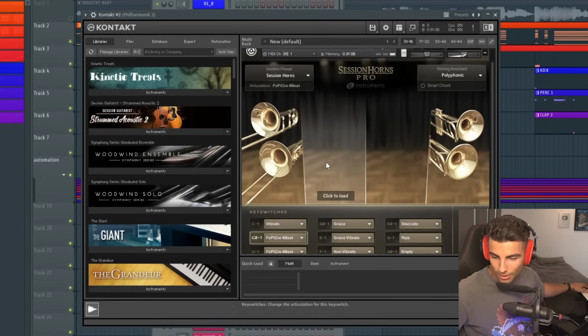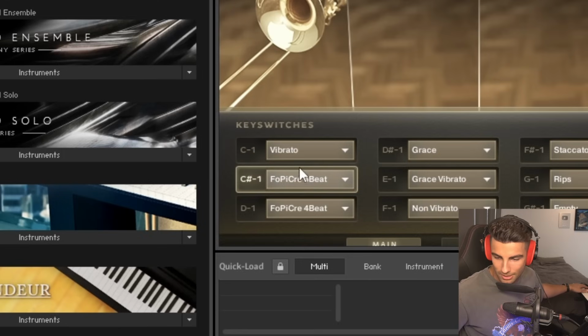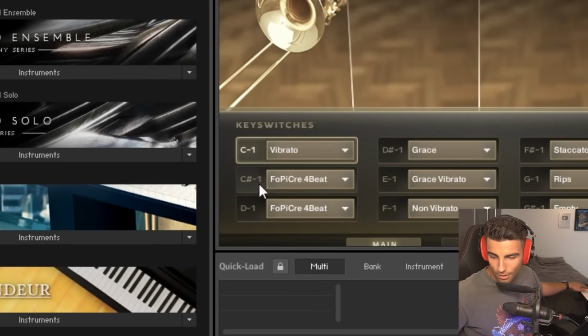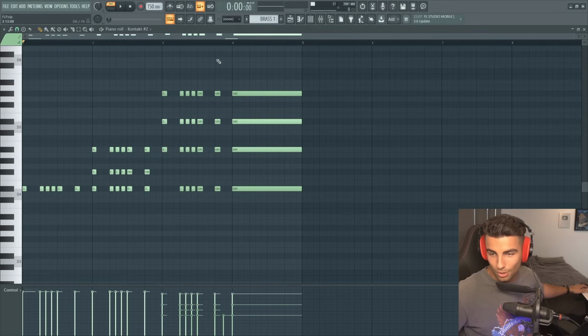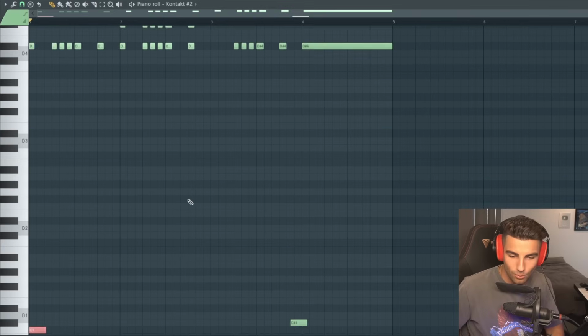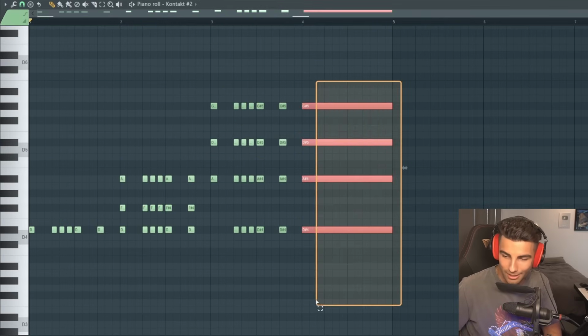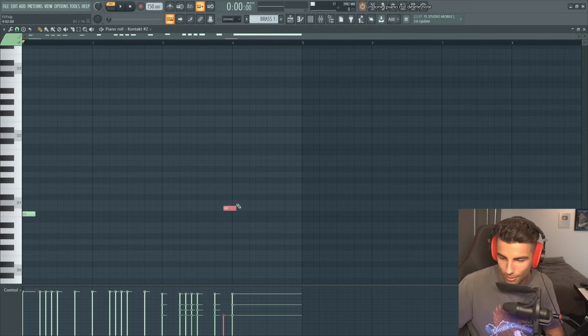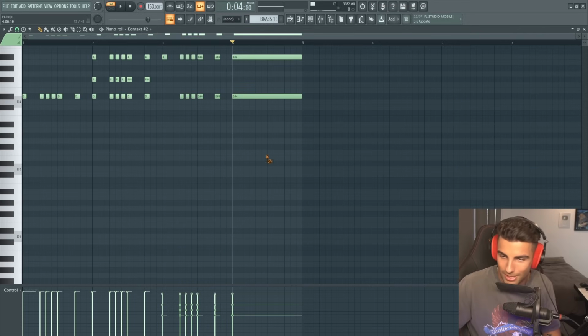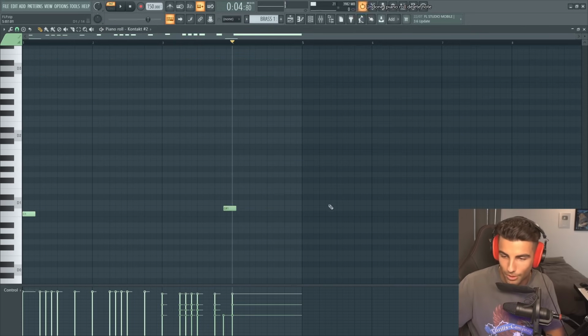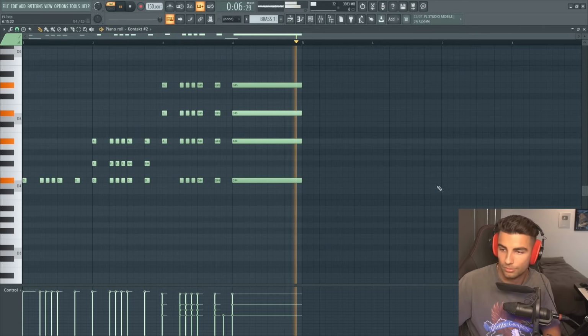And you can switch between the two by using key switches. So you can see C1 is activating vibrato. So when I press C1 on the piano, it activates vibrato. Then C#1 is activating faux picre. I'm sure I'm mispronouncing that. So that's how you can change between the two. So then go to your piano roll, and we're adding in C1 for these first chords, and then C#1, which is going to activate the second articulation for this final chord. So if we didn't have this key switch, the last chord would sound like this. Then when you add it in, so all together.